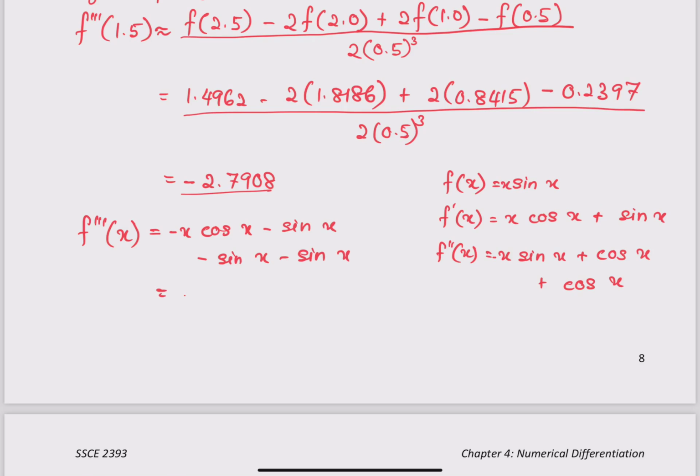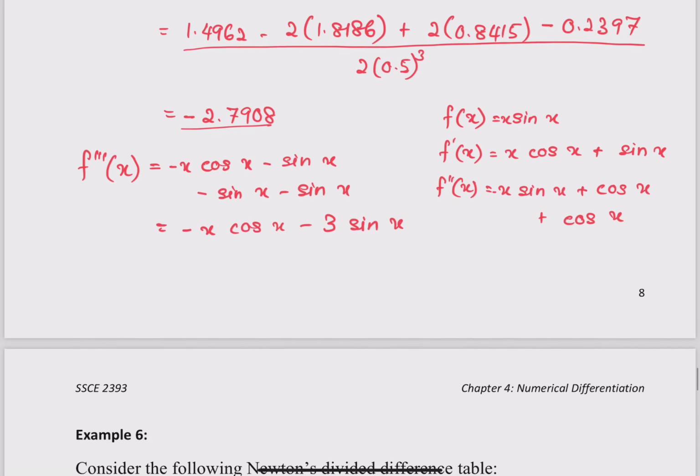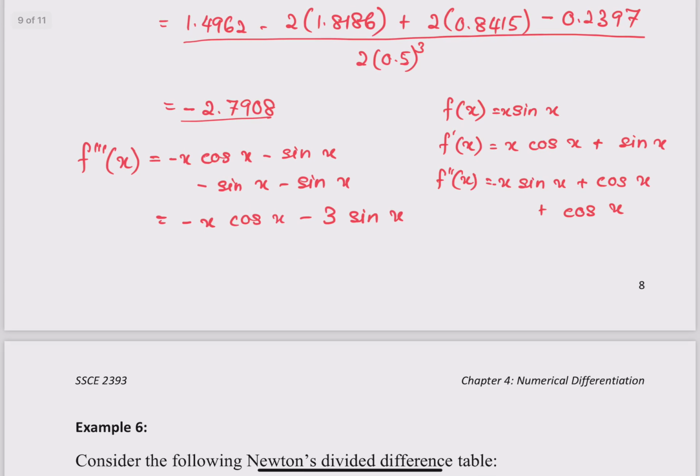So you will get minus x cos x minus 3 sine x, and the exact value of the third derivative at point 1.5 is equal to, you just substitute x equal to 1.5,